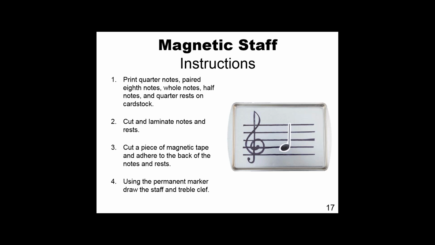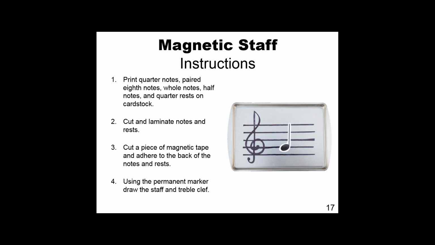So to make this, you're going to print out your notes and really whatever you think you're going to use most. One time I didn't have my notes, so they were missing in a bag, and I just used circle magnets, and those seem to work really well as well. So, if you want to have notes or if you just want to use a magnet that you find that has a nice big circle, I found that helped too, as long as it fits within your line and space and that's appropriate for the spacing. So you'll cut out and laminate your notes, or if you just want to use magnets.